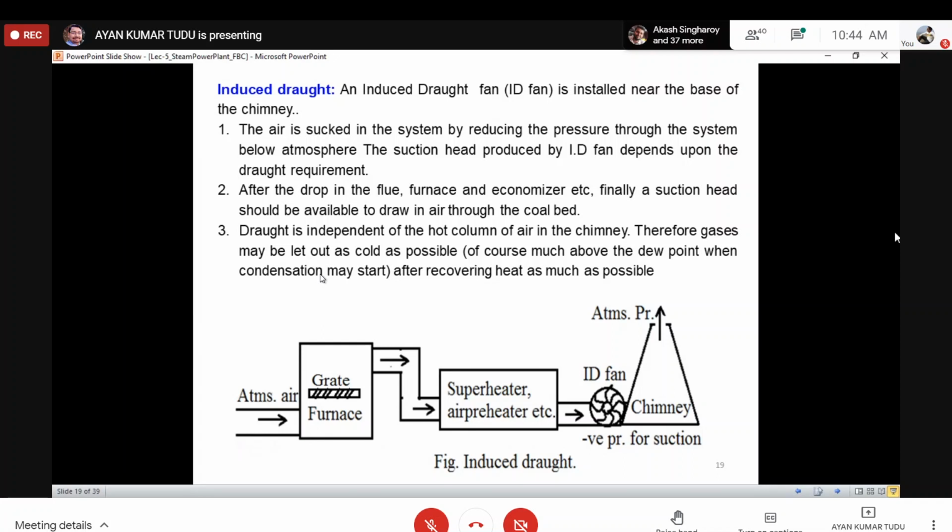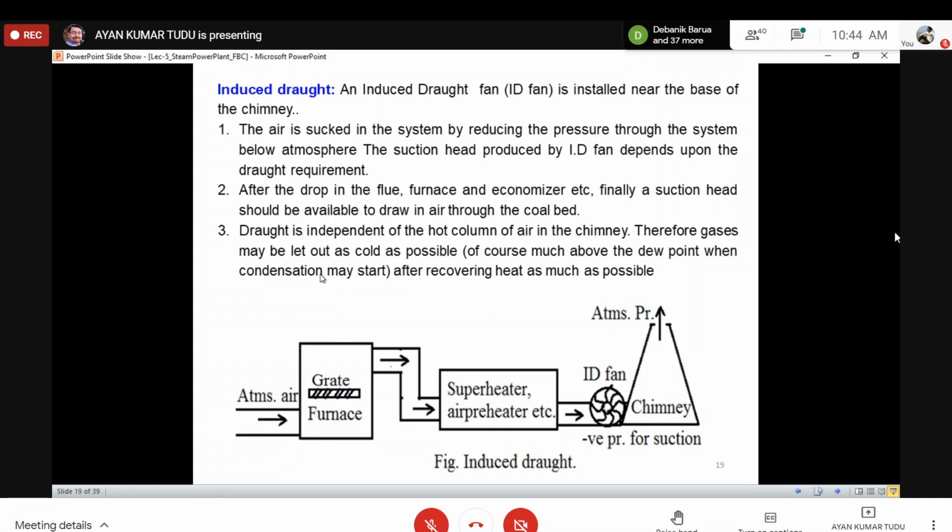I think what is written and what I said are the same thing, I think you can understand. Very simple, what it is doing, I hope everybody understands Bengali. Okay, a little in Bengali: the job of the ID fan is to create a negative pressure inside the whole system. When it creates negative pressure, automatically because of atmospheric pressure, more air will be flowing to the furnace and through the grate, and there will be much more mixing of the fuel and the air,